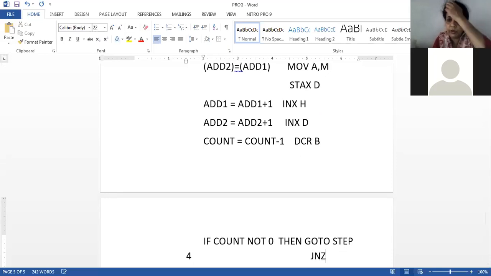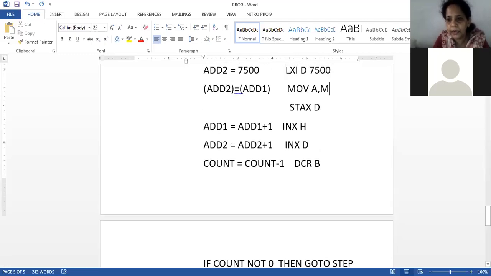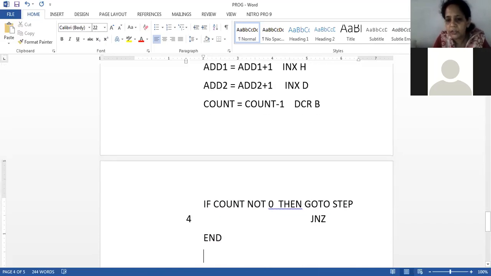JNZ. Now what is my step number 4? Step number 4 is nothing but this, right? MOV A, M is my step number 4. So here I will give a label, I will say LOOP. Correct? So I will say jump if not 0 to LOOP.